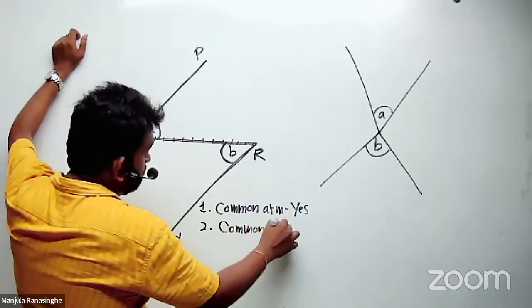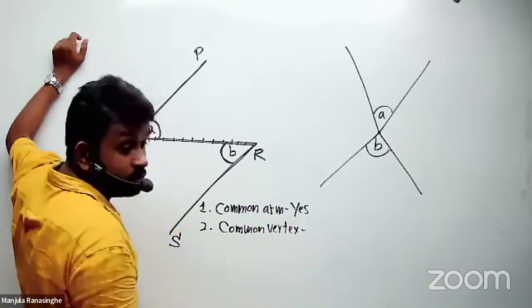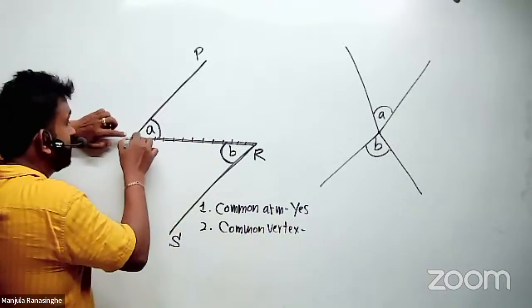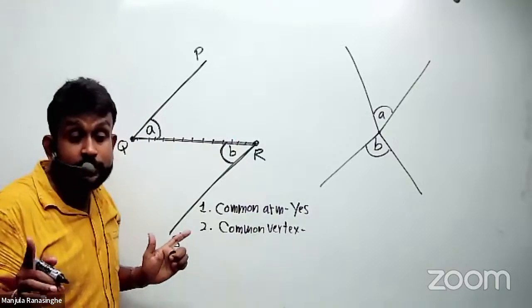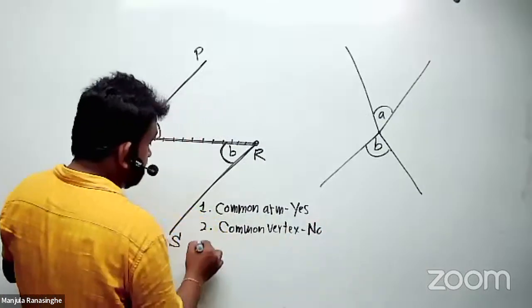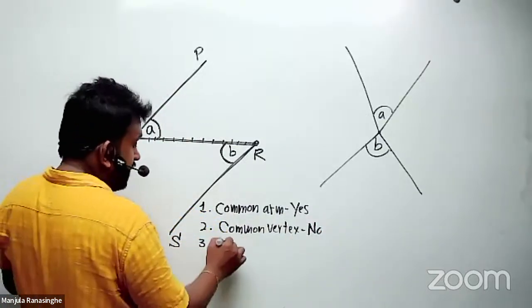Common vertex. Look at the vertex of the angles. Here Q, here R. So are they common for both angles? No. So common vertex, no. Right. Then third condition, see that either sides of the common